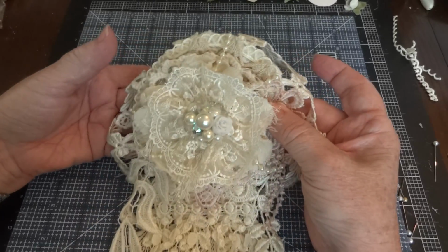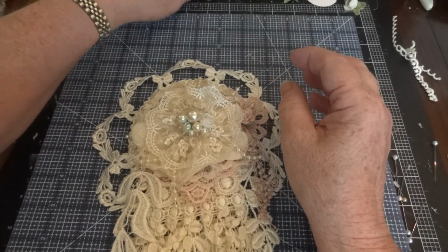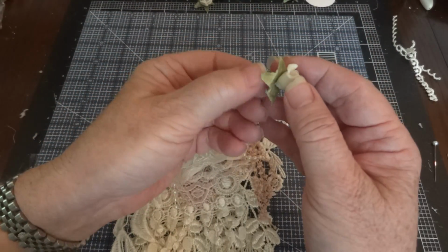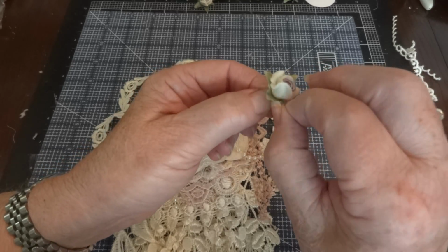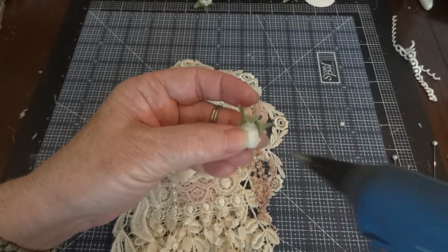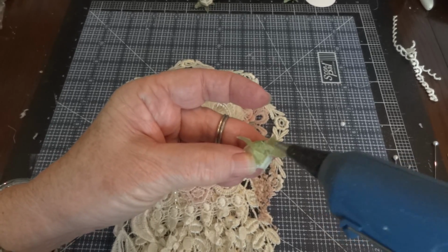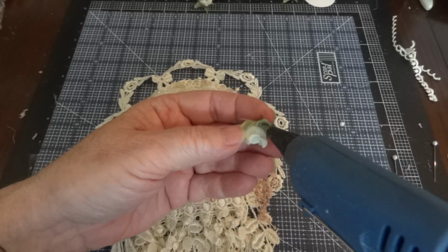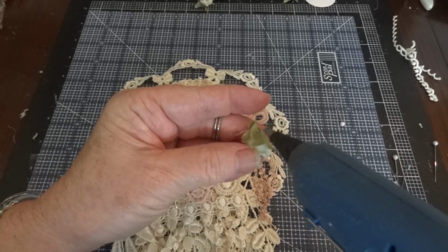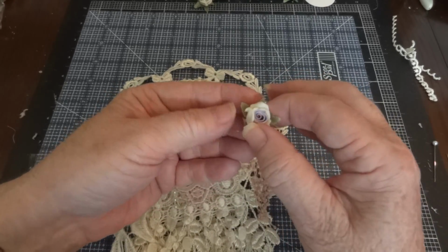Okay, so there's that. And then I think I'm going to take this one. It's got a little lavender in it, because remember I want a little bit of color because it's going to be about summer. Now I'm going to add just a little bit of glue because I want to keep the green. Sometimes I take it off, but I think I want to keep the green this time, so I can always take it off and then just rub the